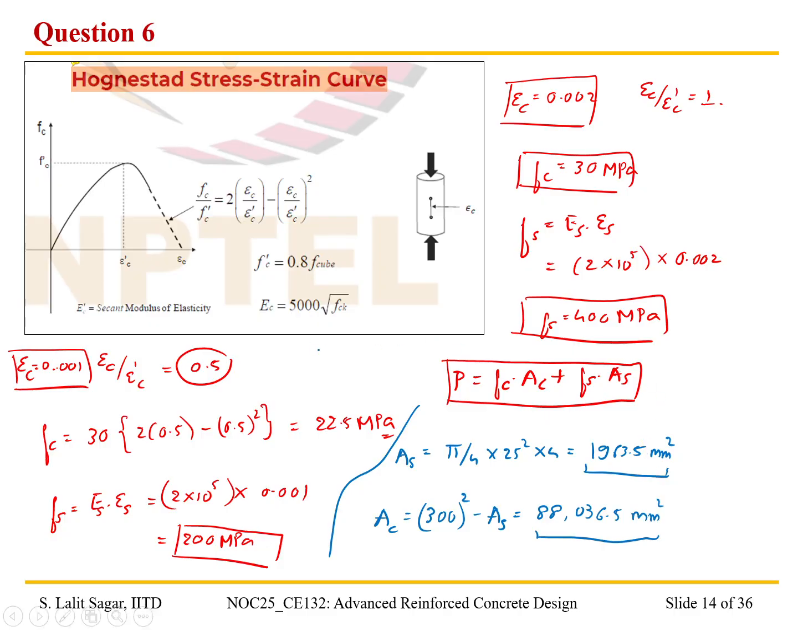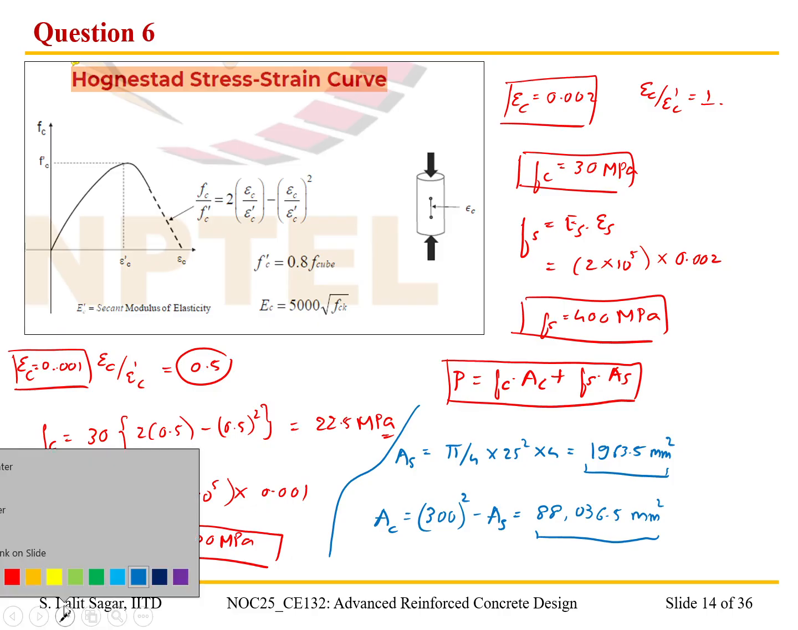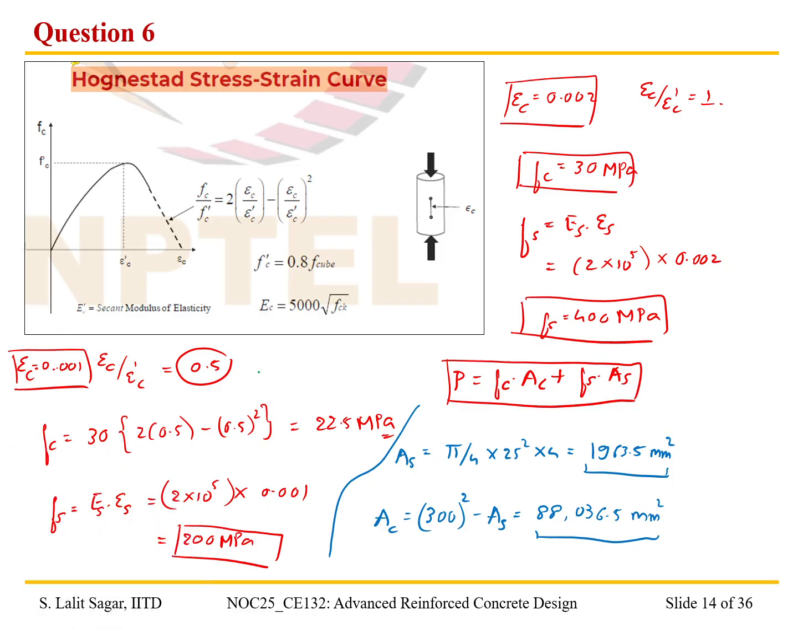So now I'm going to take a different color to write down the answer. Okay, we don't have the space unfortunately, so I'm going to just give you the hint and proceed to write the final answer. Now for a compressive strain of 0.001, we have P is equal to Fc, we know that it is 22.5, Ac is 88,036 millimeter square, and Fs is 200 MPa, and As is 1963 mm square. So the force in the column corresponding to this strain is